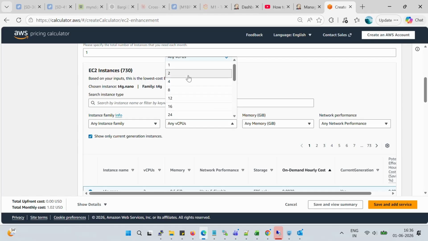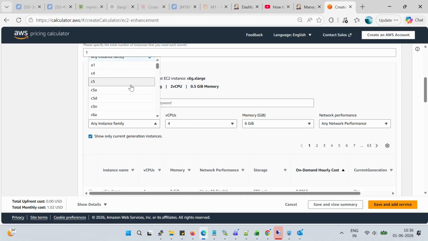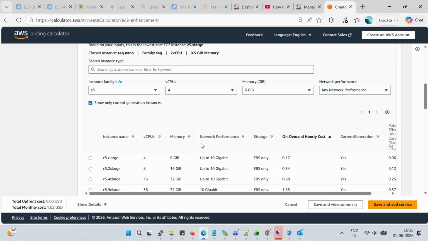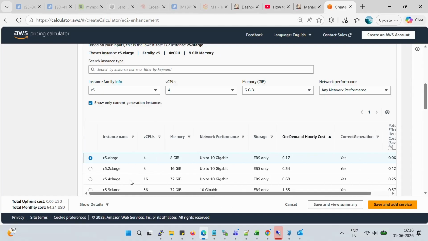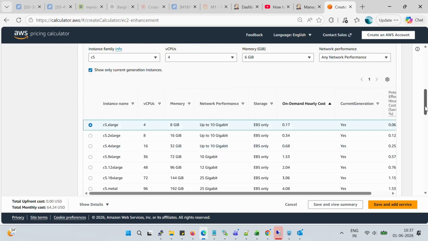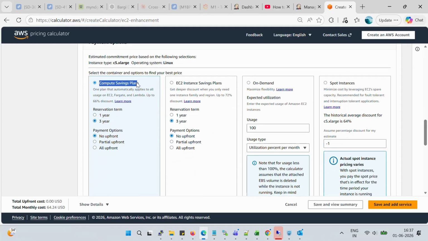I'm choosing the number of instances. You can customize your machine; I'm choosing 4 CPU and 8 GB memory, and selecting the family C5. Lots of options are coming here, so C5 with 4 core CPU and 8 GB memory. Now if you select it, you can see the total monthly cost is